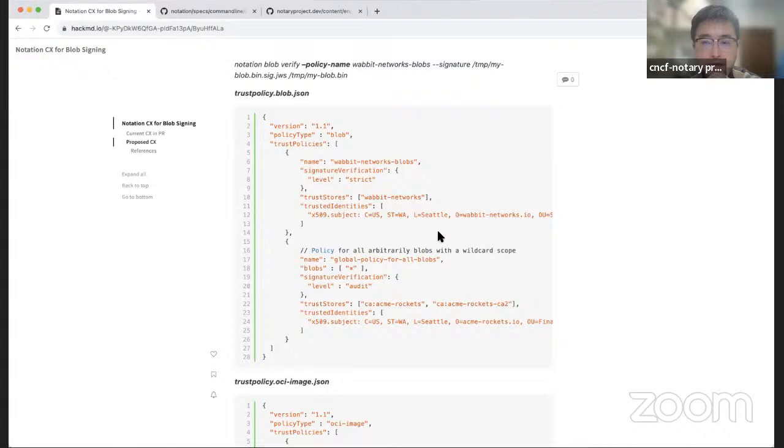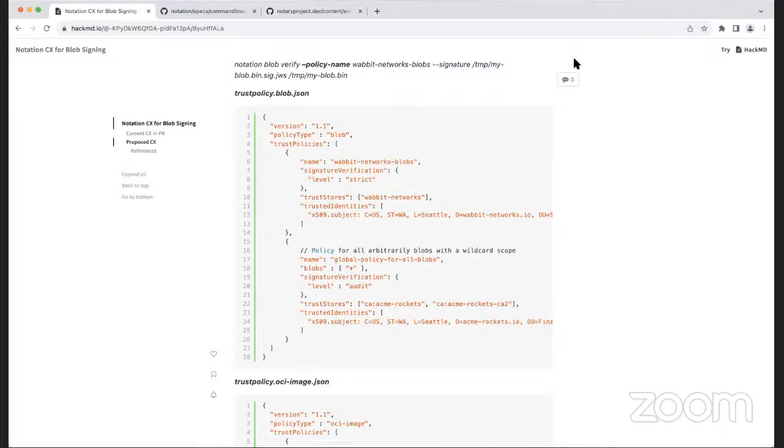Yeah, and another comment is about the backward compatibility. I think Shui also has a comment on that. So if we have a separate file, according to your proposal, for the image file, you want also to change the name, right? That is just showing what it means for image. We don't have to adopt the changes for image. We can say the trust policy for images stays as is.